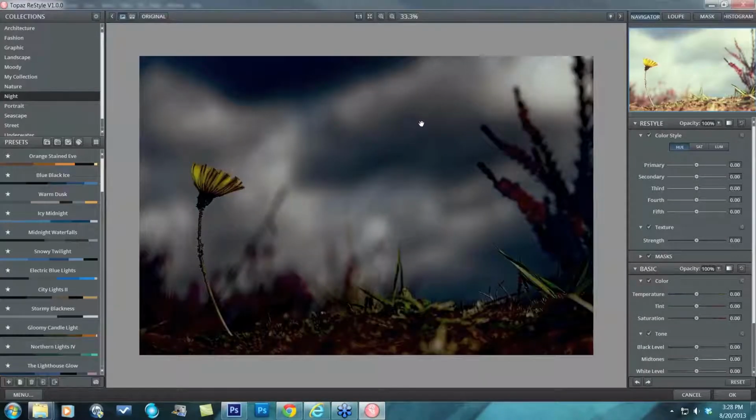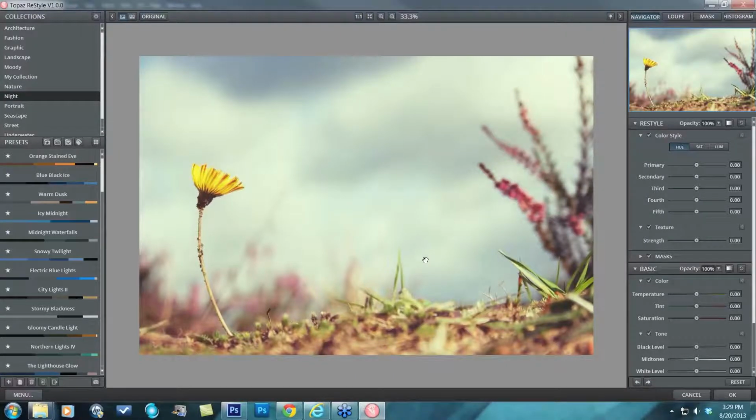And you can kind of get where I was saying that a night image applied to a daylight image is definitely going to transform it and give you a whole different look, but you can see it starts to almost become a little too much because it's not the same type of lighting, and daylight versus nighttime is going to give you a completely different style. So I'm going to press Reset,